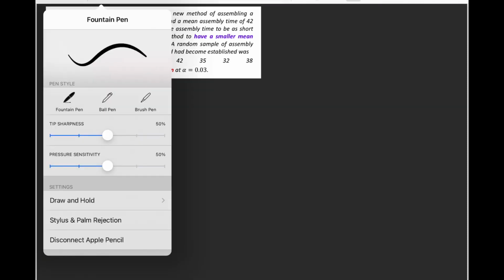So you have here the old mean is equal to 42, and then the new method mean, he expects to have a smaller mean